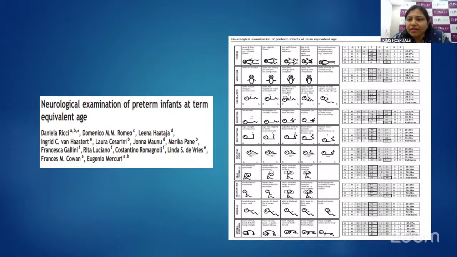But for my child who is 32 weeks of gestation, the expected posture for the child is the third one. So you can see the dark square here. That is something which is very nice. You should expect that from the child. Okay. But if the child is falling somewhere in the fourth score or the fifth score, then you can